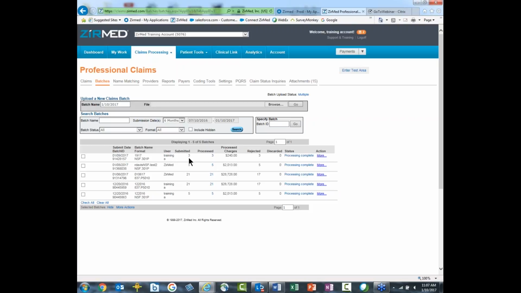To the right is the charges, and it also shows you how many claims are currently rejected in the batch. Now, the discarded function, typically you would always see a 0 here. If anything other than 0 shows up here, you would want to pay attention to that, because the discarded function